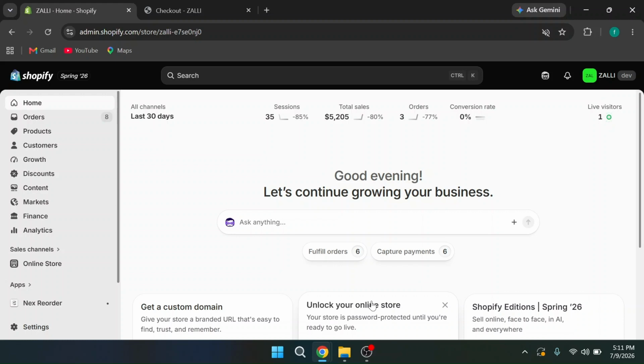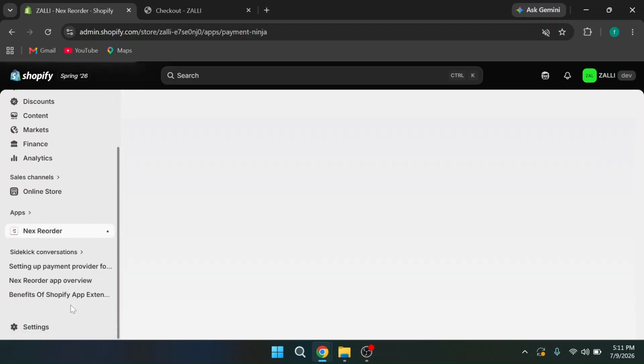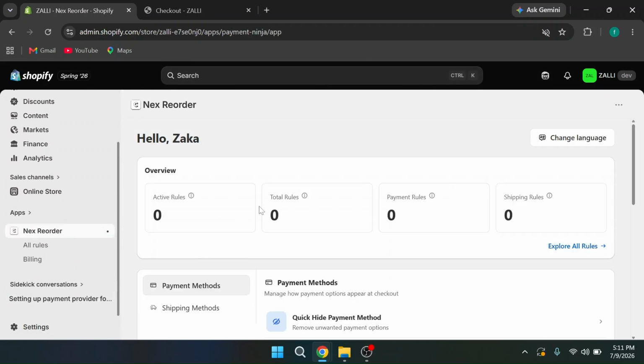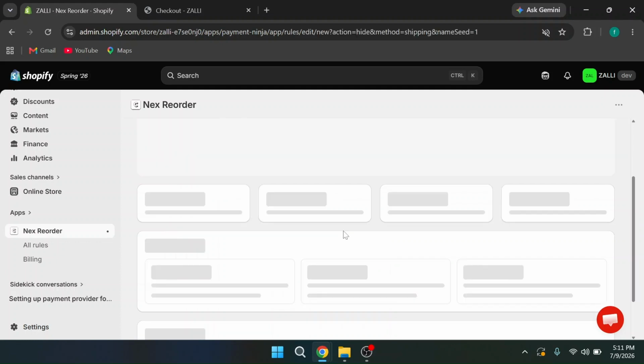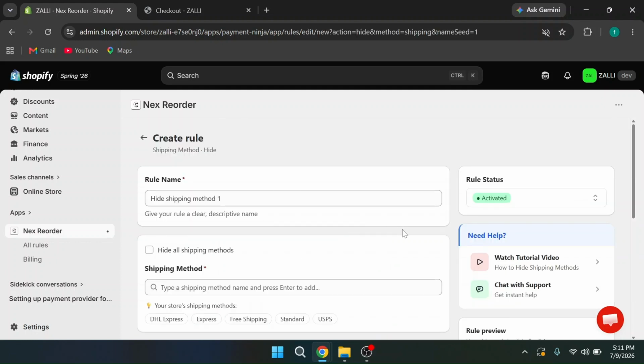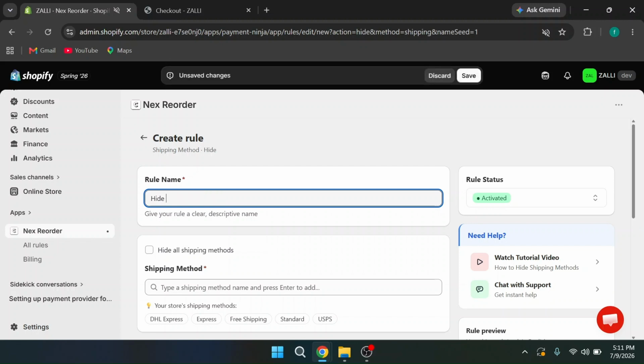Let's get started. First, we can go to the app section. Here we can click on Next Reorder app. So here we can click on shipping methods. So for hiding, you can click on quick hide shipping method. So here to configure the rule, we can give the rule name as hide